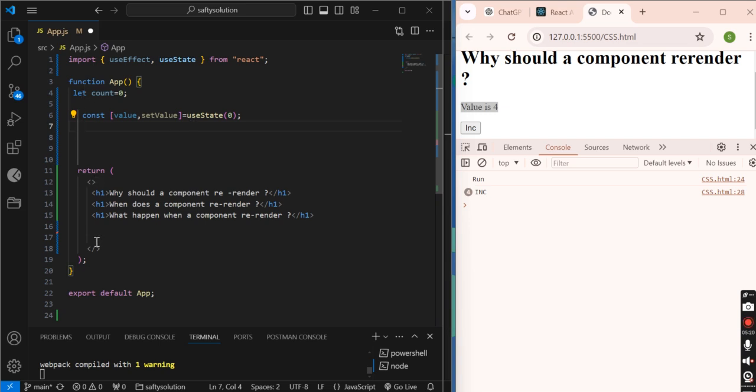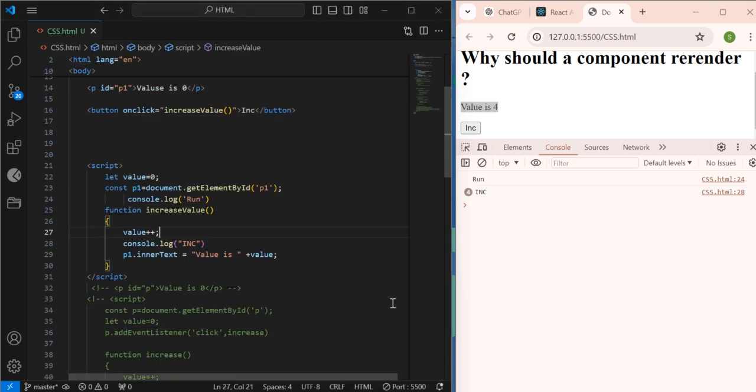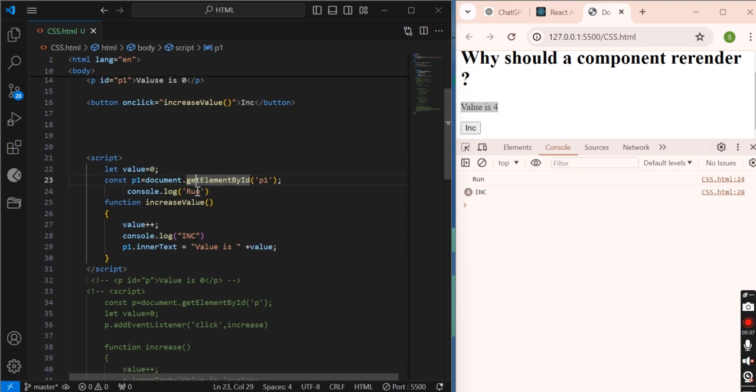Before understanding how we can do that in React and how it's internally working, let's see our previous program, which was based on pure JavaScript, and how it's working in a simple, brief way.